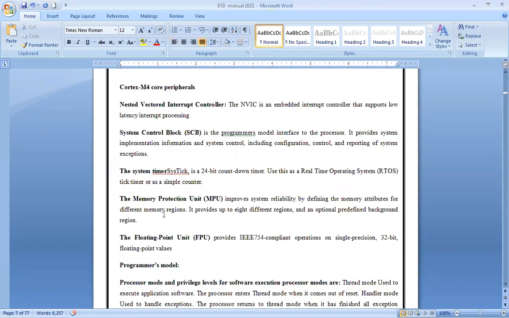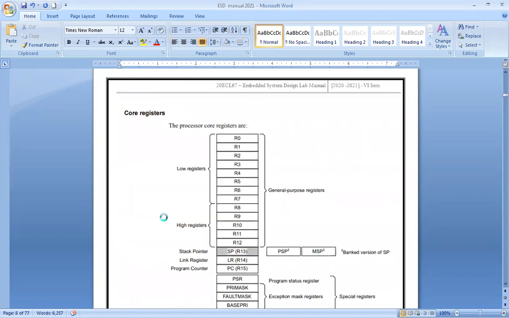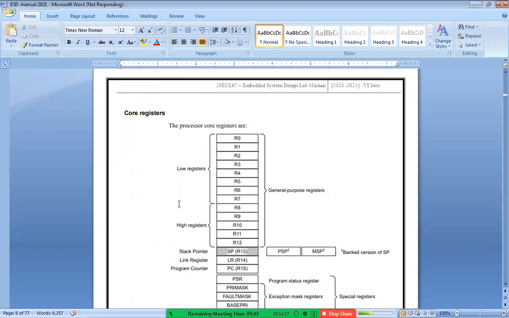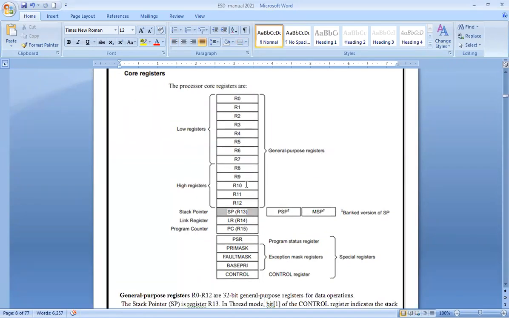I'll just give you a glimpse of the registers, and then you can look into it in a very detailed manner. As I was telling you, this first lab is just going to be the study of ARM Cortex M4. You'll have registers from R0 to R15. R0 to R7 are your lower registers.